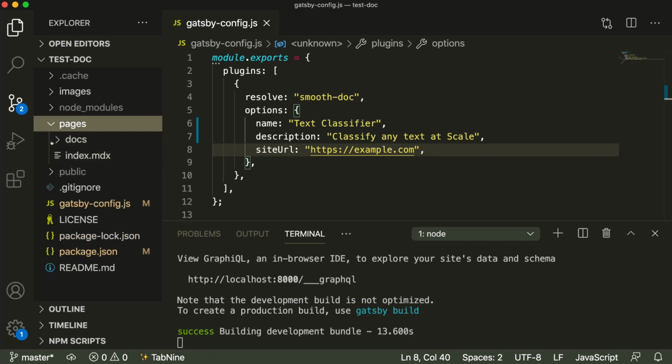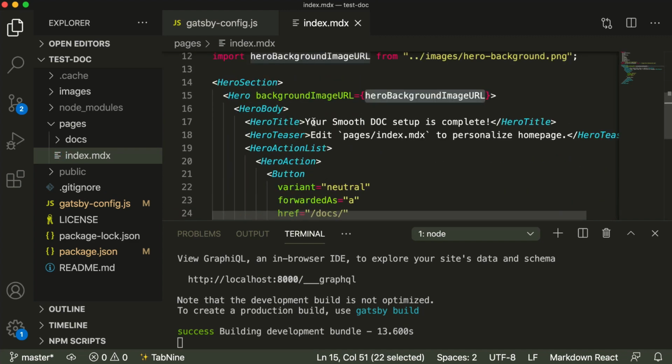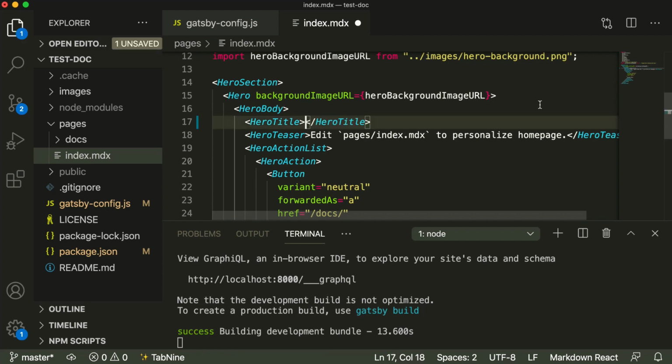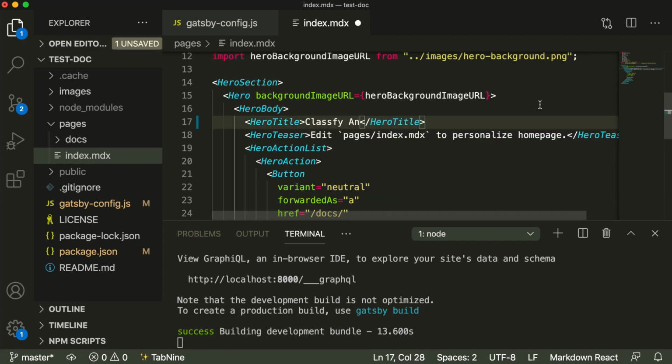So let's go into the pages directory and open up index.mdx. Now we'll change some things here. So first we'll change the title text for our website. So I'll make that classify any text.